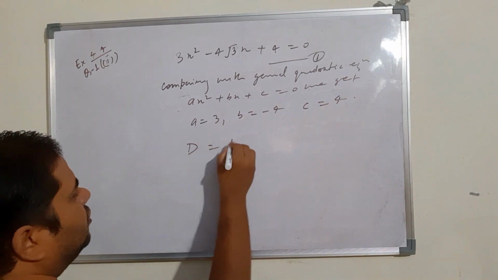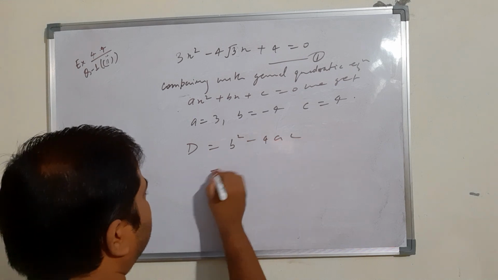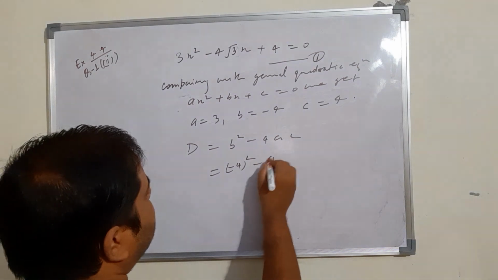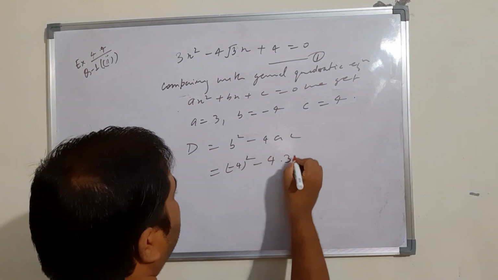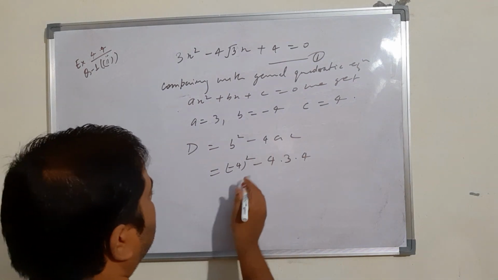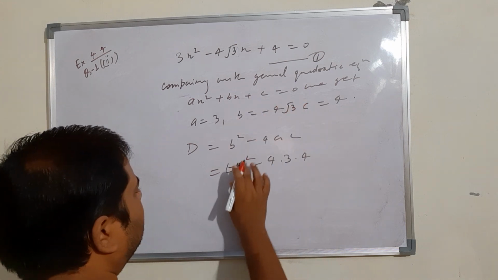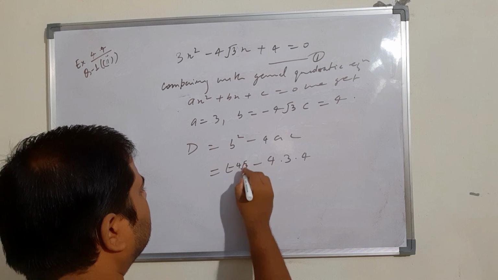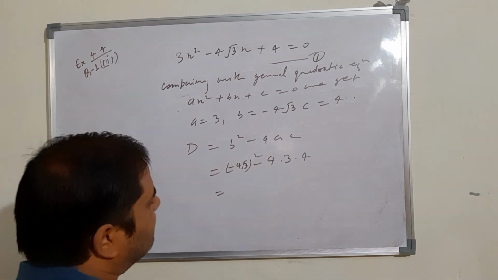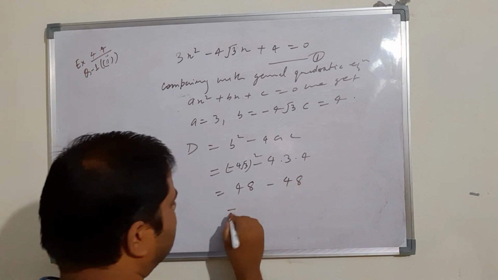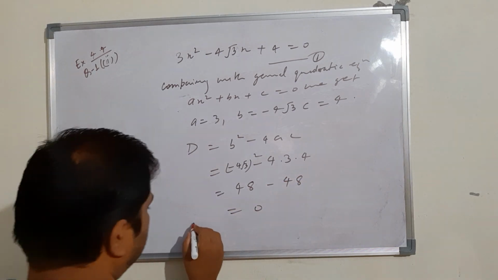So D is equal to b square minus 4ac. So D is minus 4 root 3 whole square minus 4 into 3 into 4. So this is 16 into 3, that is 48, minus 48. This is 0. That means the roots are